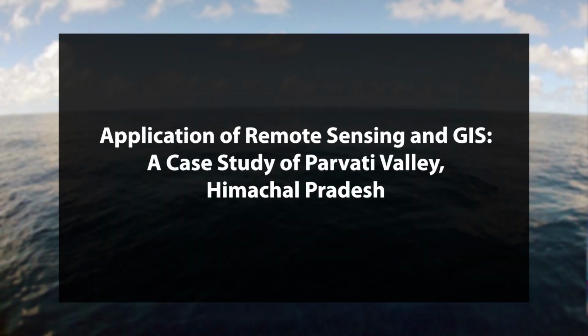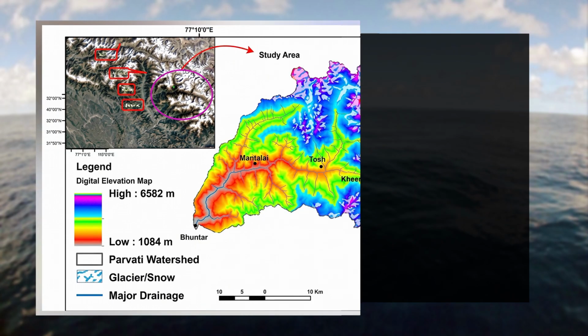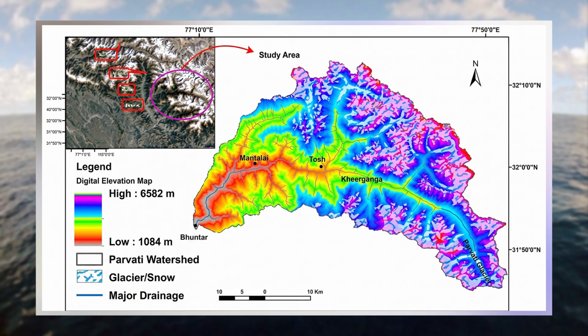Application of remote sensing and GIS. Now we will discuss a case study of Parvati Valley, Himachal Pradesh. The Parvati Valley, located in the Kullu district of Himachal Pradesh, is a Himalayan mountain watershed known for its fragile